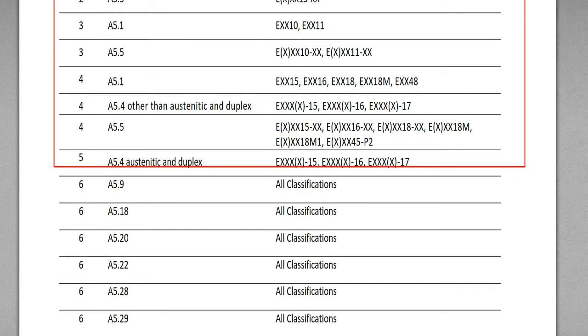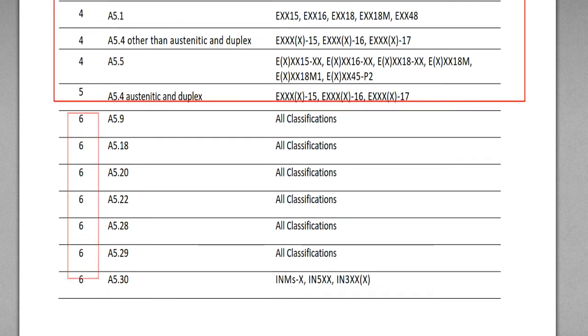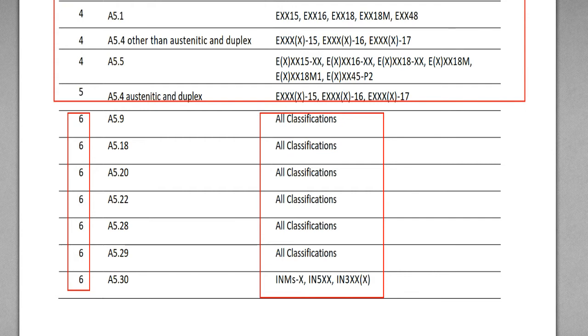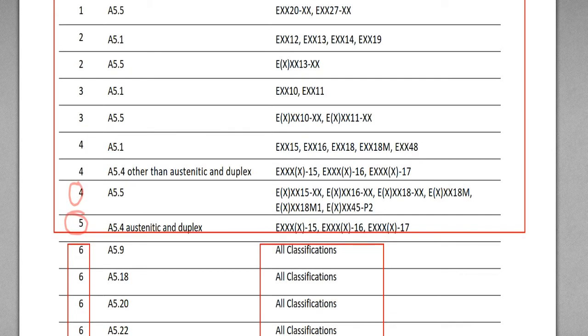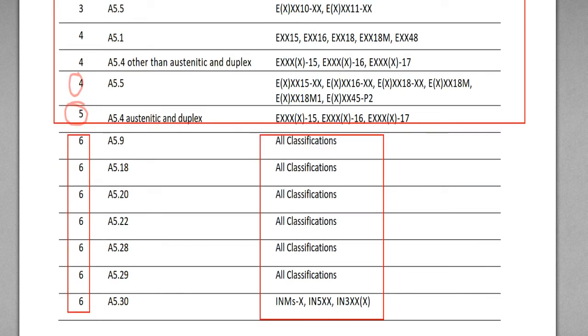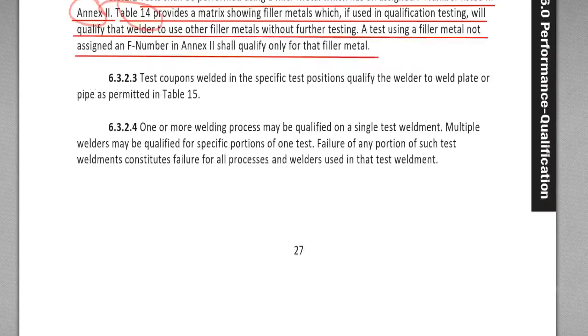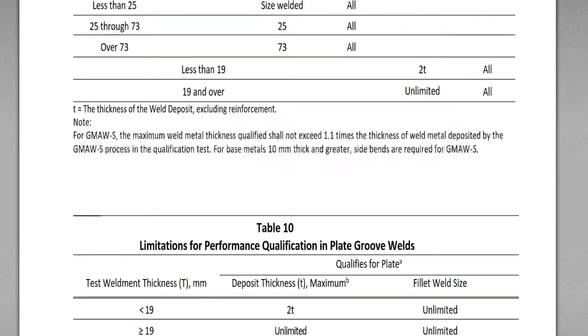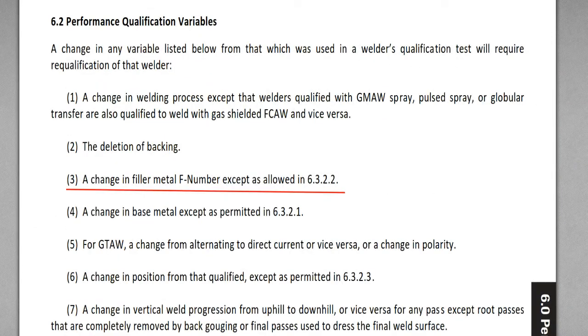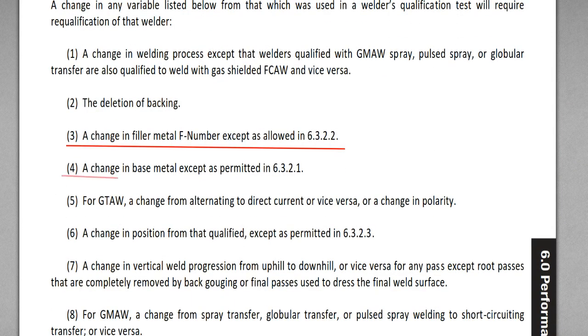And if you use this F number 6, then you are qualified only for this F number 6. You are not able to use this F number 5, 4, 3, 2, 1 without the requalification. Okay. This was filler metal qualification. And number 4, a change in base metal except as permitted in 6.3.2.1. Okay, let's go to